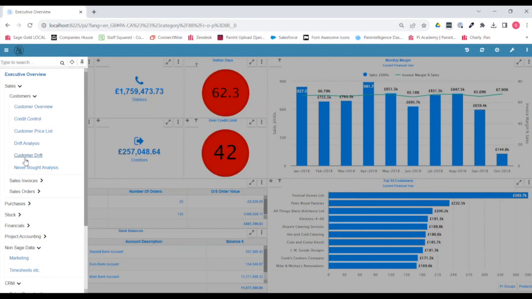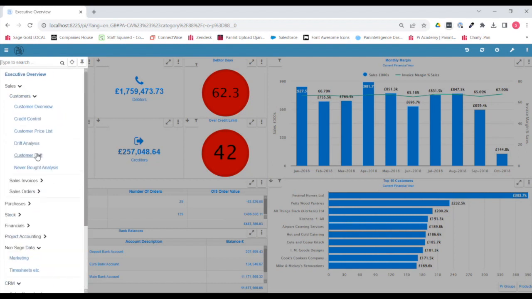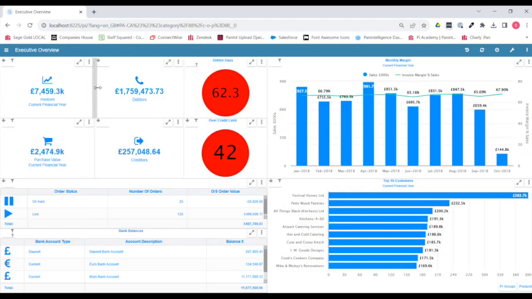I would say 70% of the people that we interact with on a Sage 200 basis, it's mainly sales stuff that they're interested in, and stock's probably the next most critical. So I'm just going to concentrate on those rather than going into the minutiae of project accounting or purchase order processing. But the general principle is we would install the dashboard, or as Chris says, fire it up in the cloud, point it to your Sage 200 database, and then you would get what you can see here